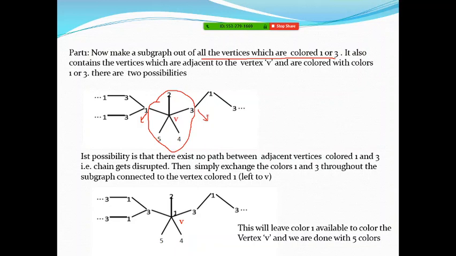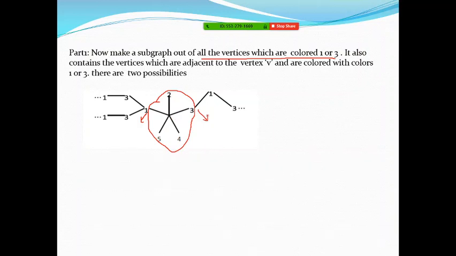Now there are 2 possibilities. The possibility is this side it is 1 and this side it is 3. So what are these 2 possibilities? That means we have removed all the remaining vertices on this side except this one. So we have removed all the vertices, which were assigned color 2, color 4, color 2, color 4. So we are only keeping 1 and 3, 1 and 3. So there are 2 possibilities.